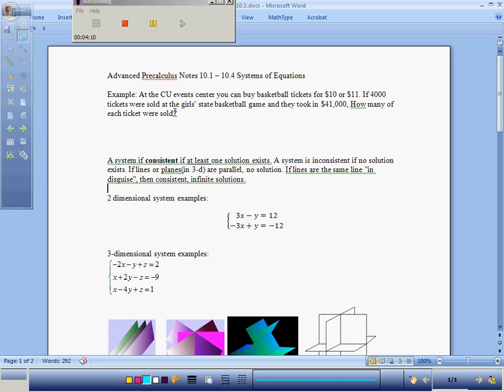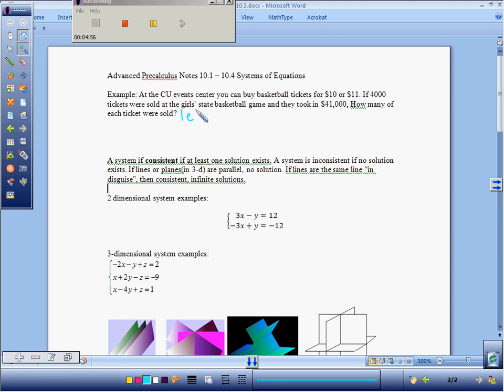If 4,000 tickets were sold at the girls' state basketball game and they took in $41,000, how many of each ticket were sold? So this is a case in which you have to set up some stuff to solve the problem. So you have to set up a system. So you have to let x equal the number of $10 tickets sold, and let y equal the number of $11 tickets,